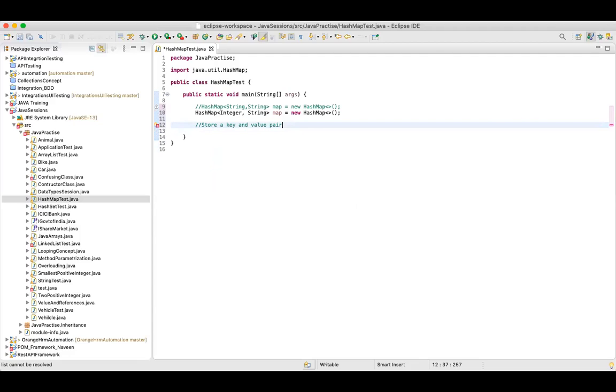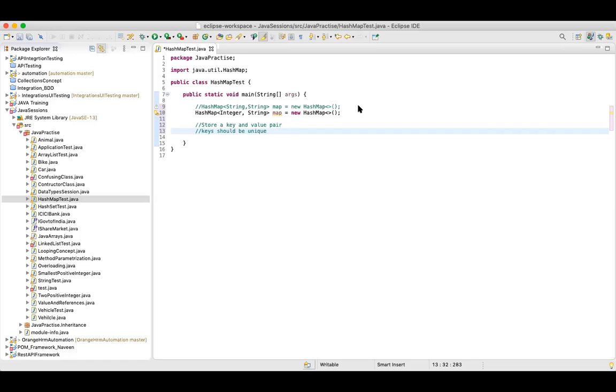Now keys should be unique in hash map. We'll see this when we are actually trying to implement. But the main points are we have to have a key, we have to have a value. It only contains unique keys first of all. And then again, as I said, hash map will not maintain your order. So when I keep on adding elements and when I print, it will be printed in a random order because it will not maintain your order.